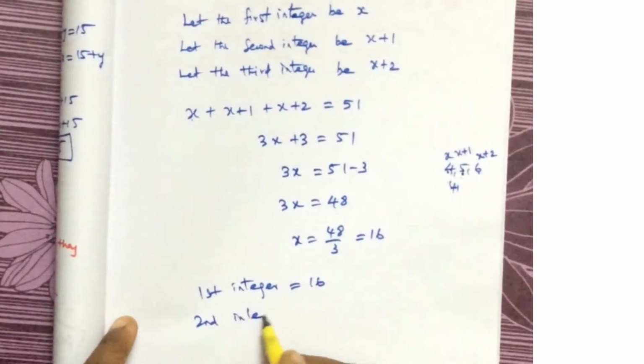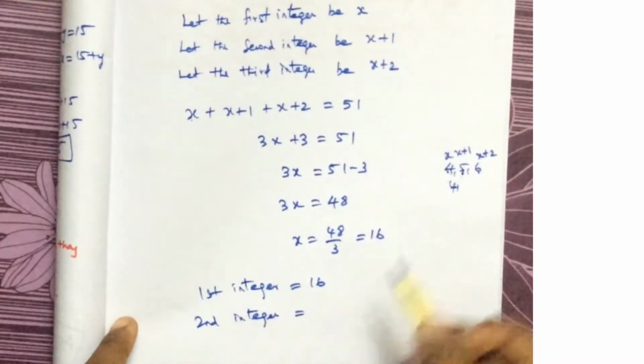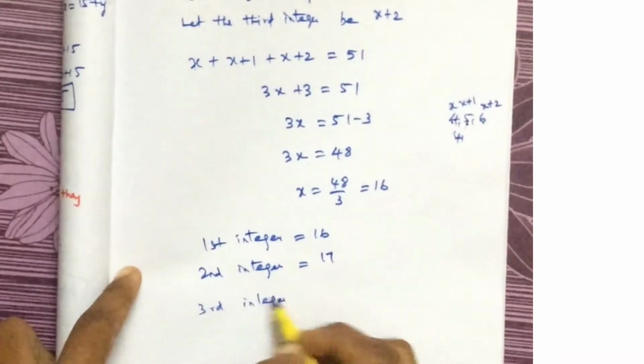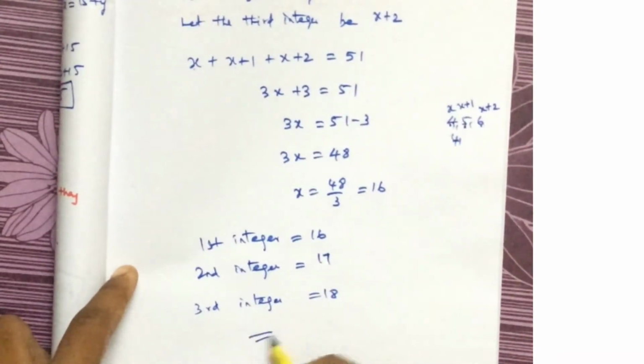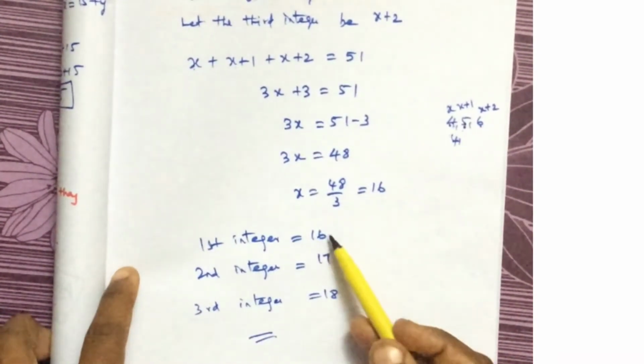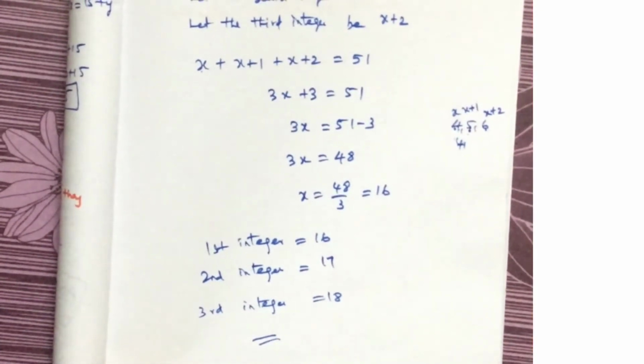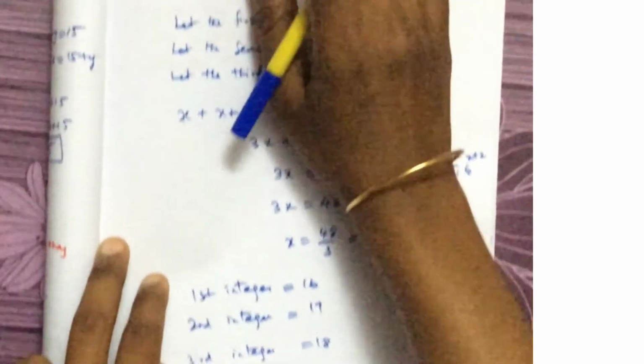Second integer, what is second integer? X plus 1, that is 17. Now the third integer is 18. Okay, now if you want to add these three numbers and check if it is 51, in that case your problem is correct. Now the next problem is,